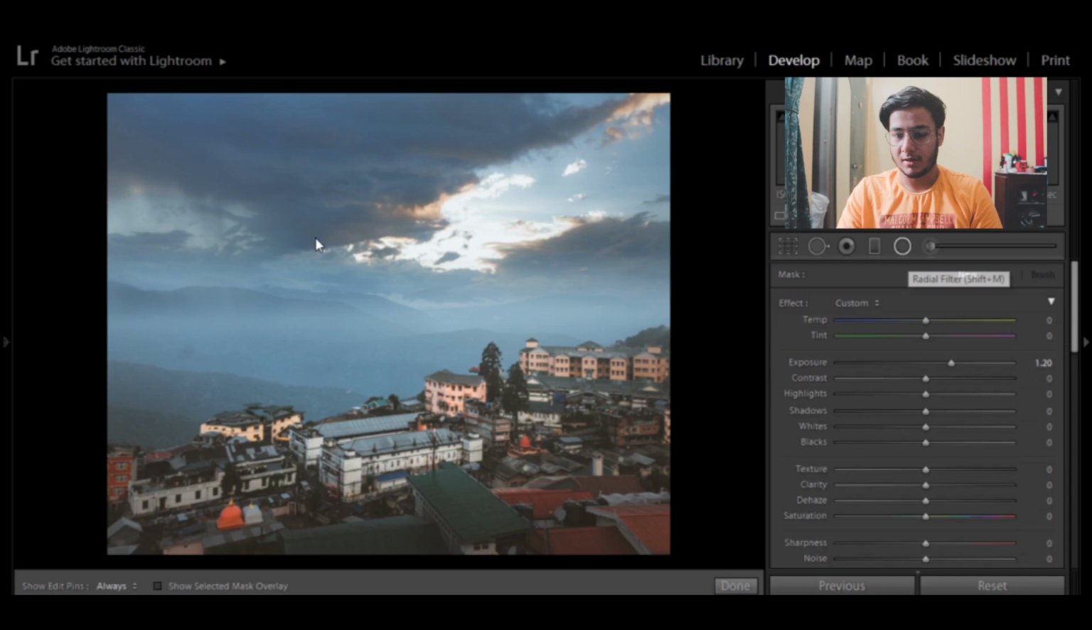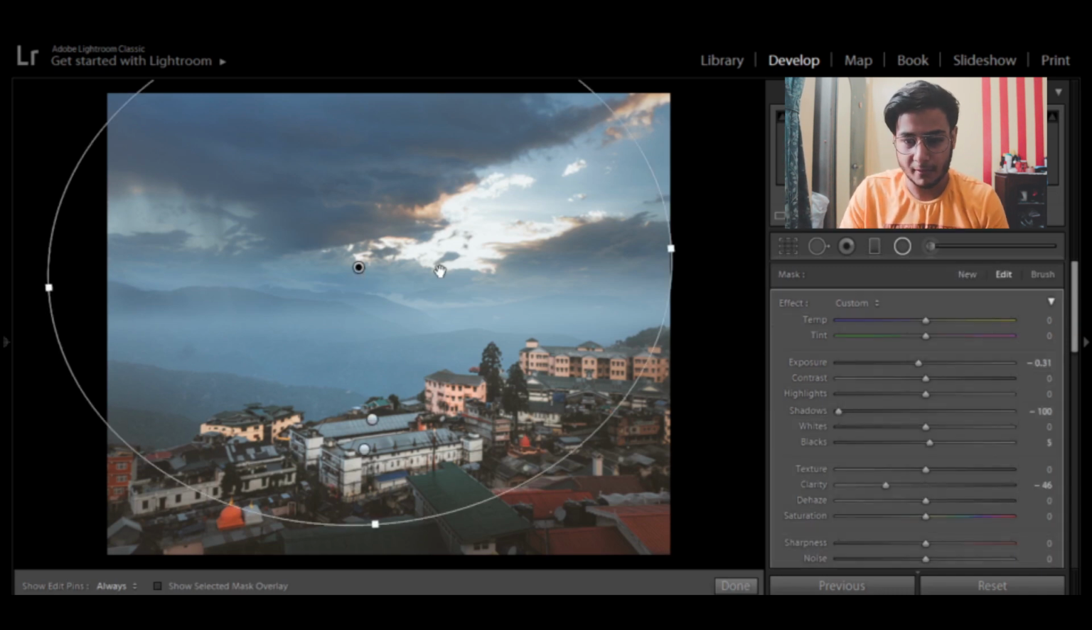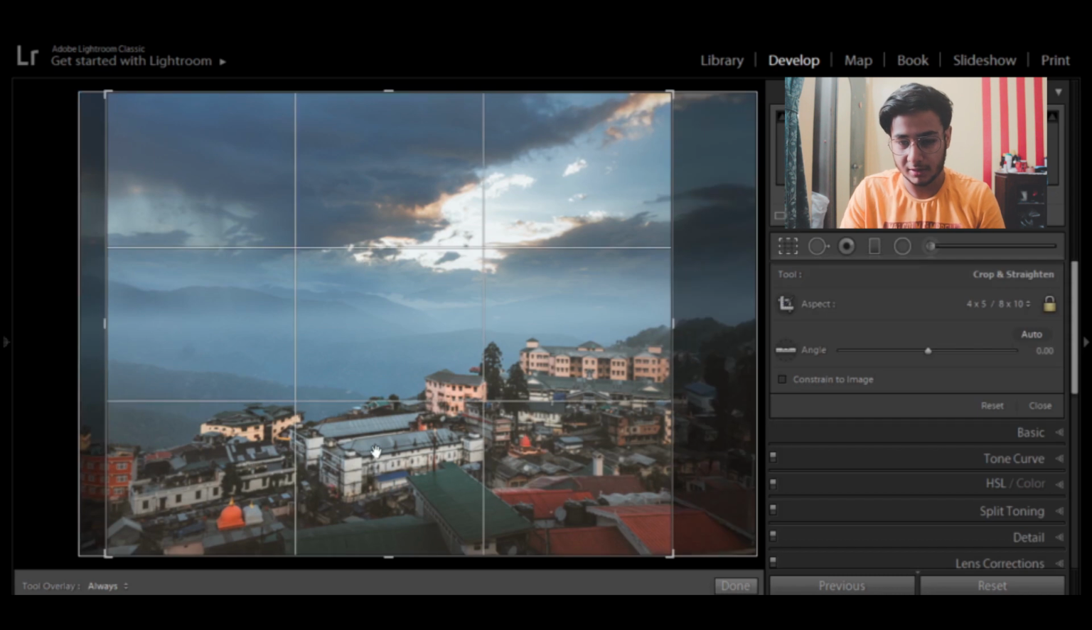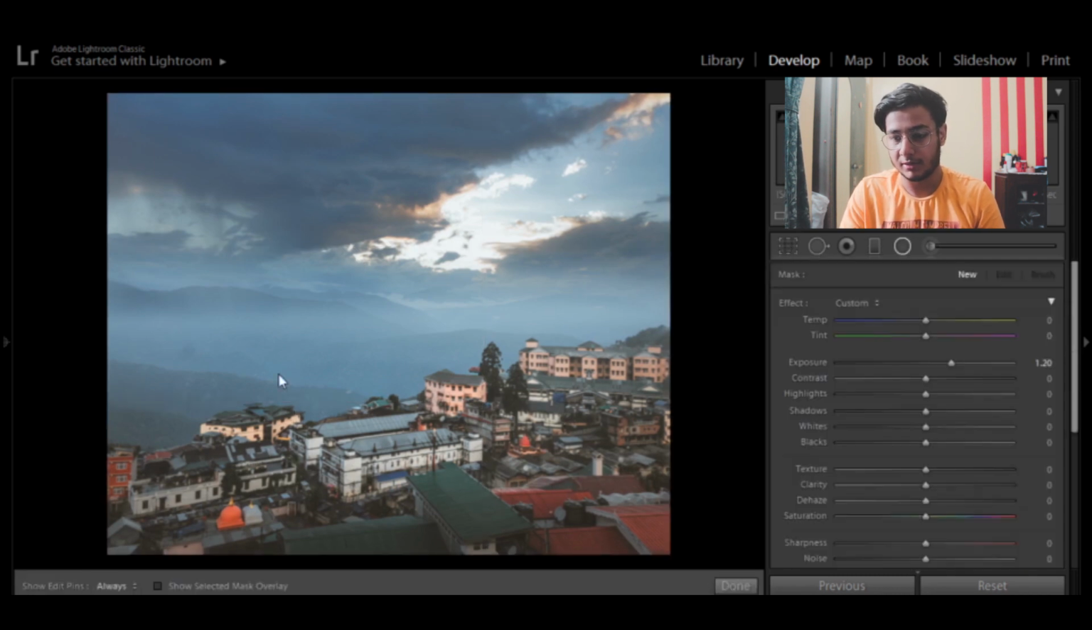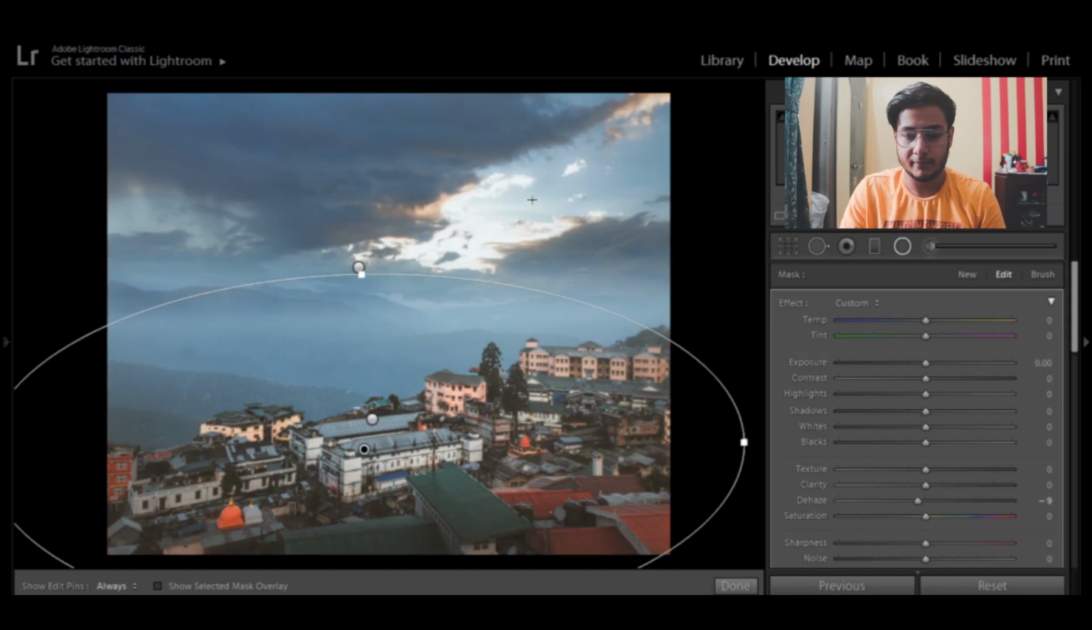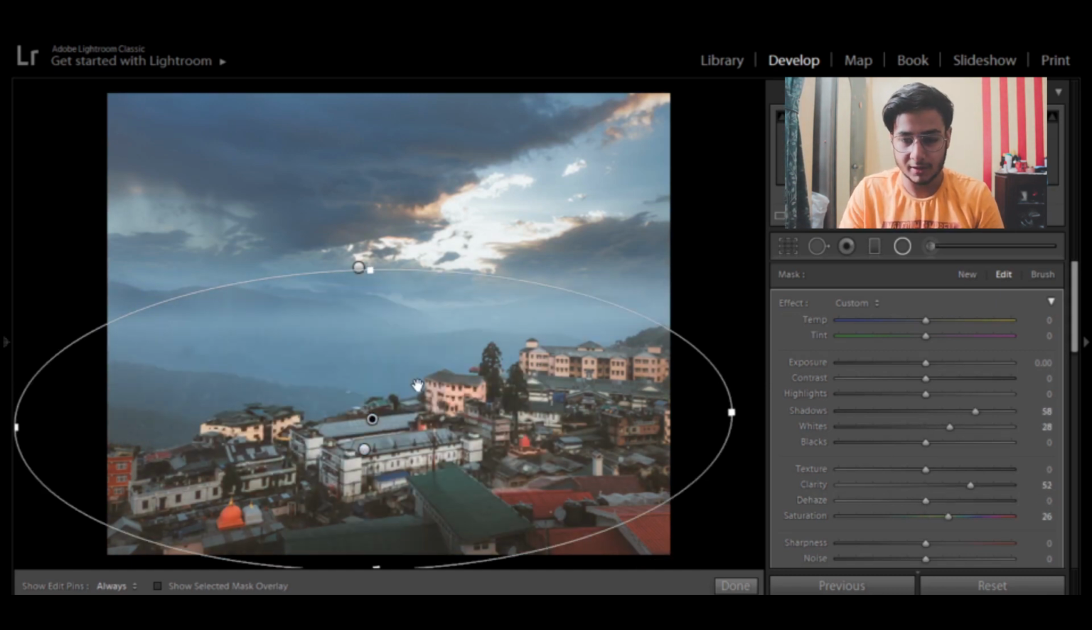And now I will go for the radial filters. There are already some filters. Again, I want to fade this region. This looks fine. I will just again bring up the shadows a little bit. 35 looks fine again, and this one is to just again fade the sky a little bit. This also looks fine, and this one, the important one, is